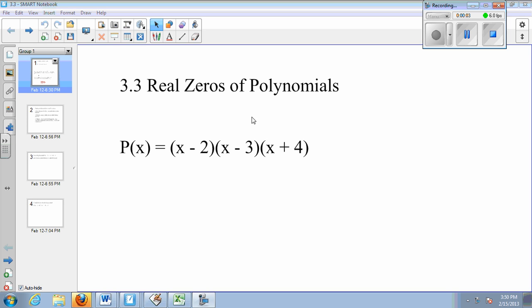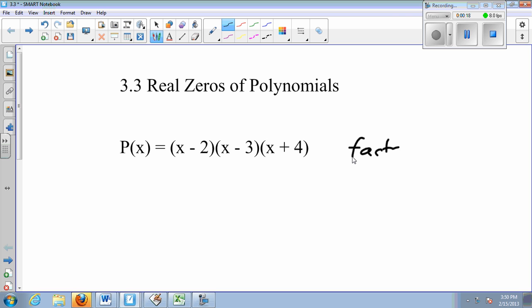3.3, real zeros of polynomials. We have p of x equals x minus 2 times x minus 3 times x plus 4. Now this is called its factored form. If we were to multiply this out, we would get